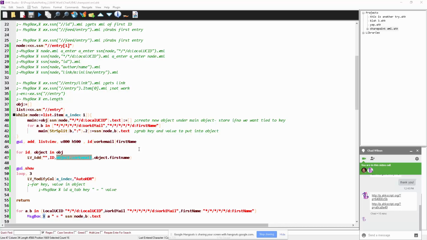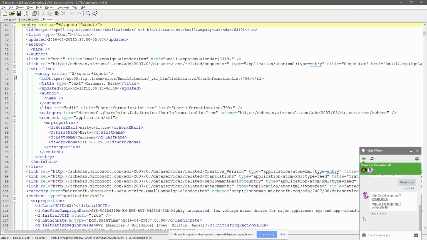Whatever you want, just figure out what the path is, and if it wasn't namespace, then we could use descendants and all that other stuff, and it would make it 10 times easier because you wouldn't need all the /star/star stuff. Just to be clear, how do you know this is namespace? Go all the way to the top,